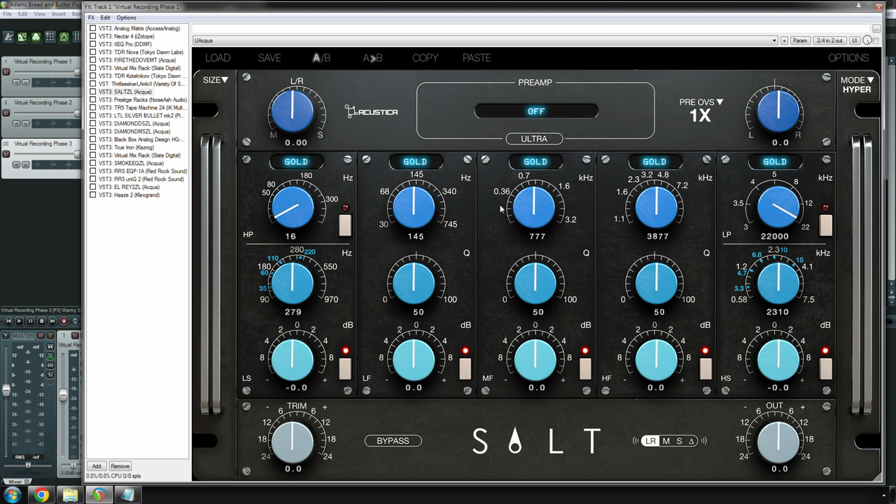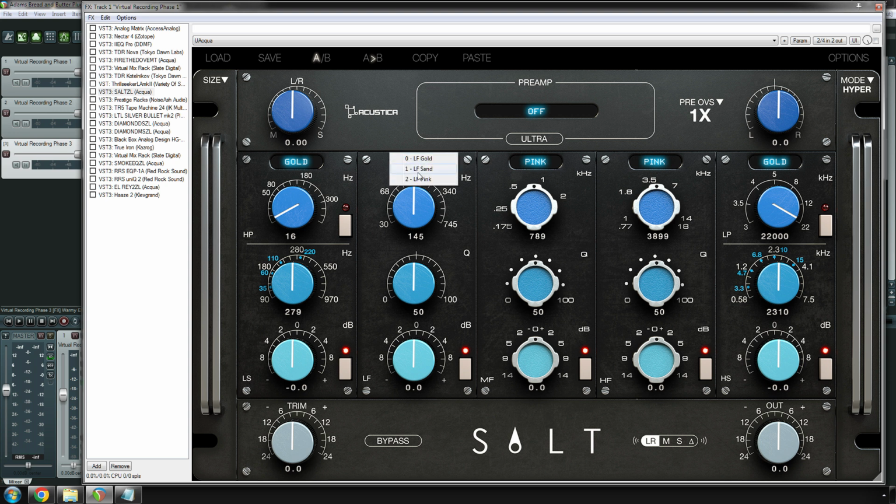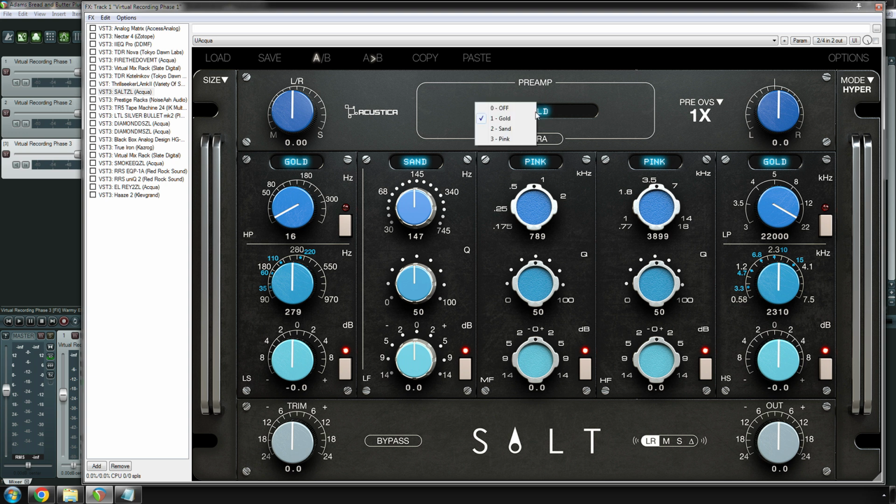So, yeah, I've been told that the best combination was gold on the low shelf and then API on, I want to say the mid and high frequency. And SSL on the mid frequency, and then gold on the high shelf. And this plugin also has the saturation of the 3 too, under the preamp. So you get the saturation,